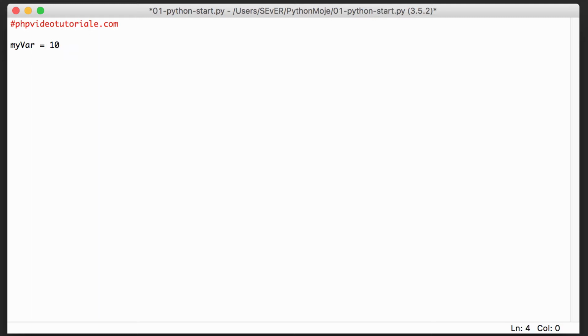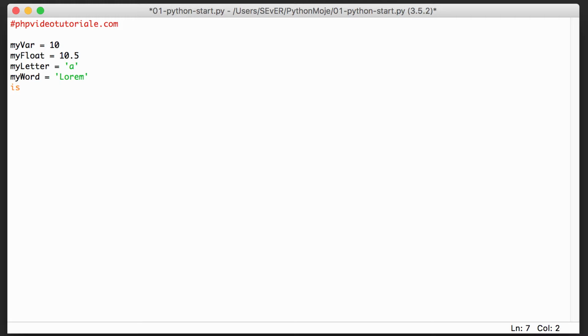I can make another number, like my float equals 10.5. Another variable can be my letter, which is going to be A. For example, my word is going to be lorem.